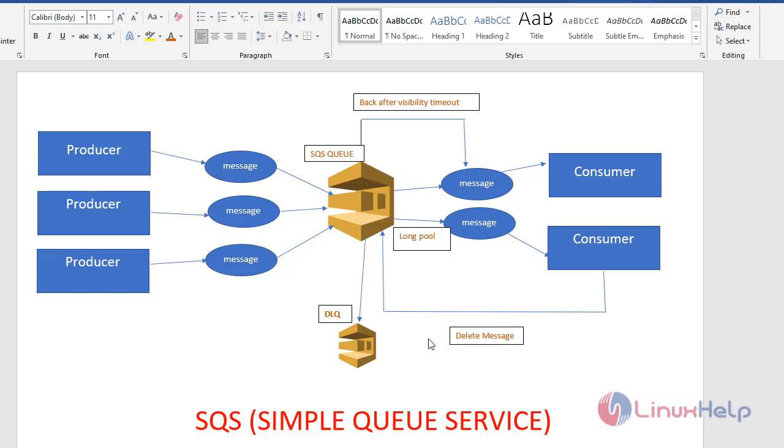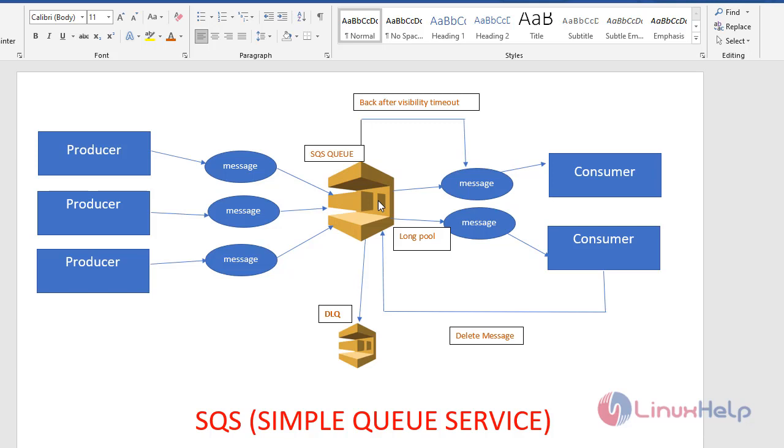So by using the terminology, I can say that when a message gets into the AWS SQS queue, the consumer polls the queue to get the message. In AWS, when the consumer goes into the SQS queue to poll for a message, it will cost you; you have to pay for that.